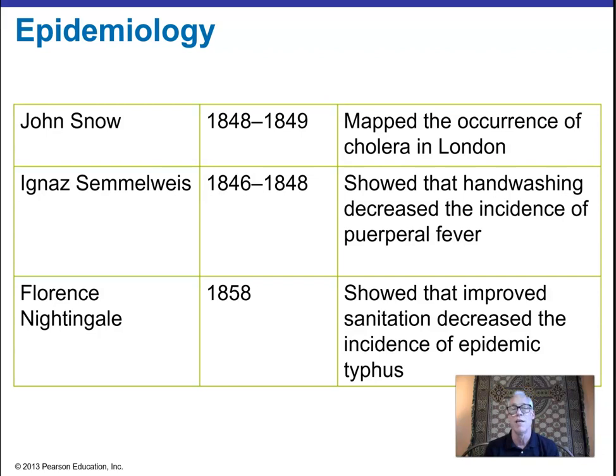Florence Nightingale was an epidemiologist who was a nurse. She was a nurse and a nurse educator, but she also was somebody who took careful notes. And she observed the diseases and the infections and the problems of all of her patients, war veterans that came into the hospital with injuries of all kinds, and figured out that careful sanitation, washing in between all the patients and everything, and keeping everything clean and the patients clean, greatly reduced the incidence of epidemic